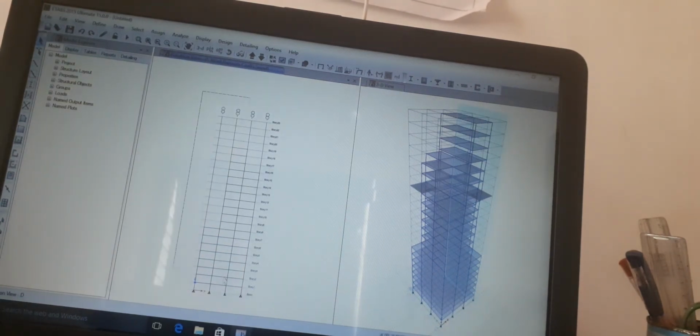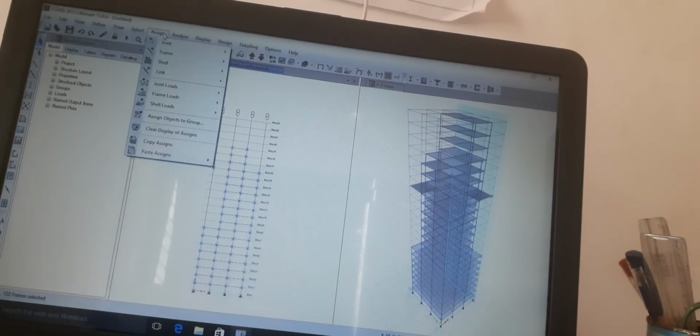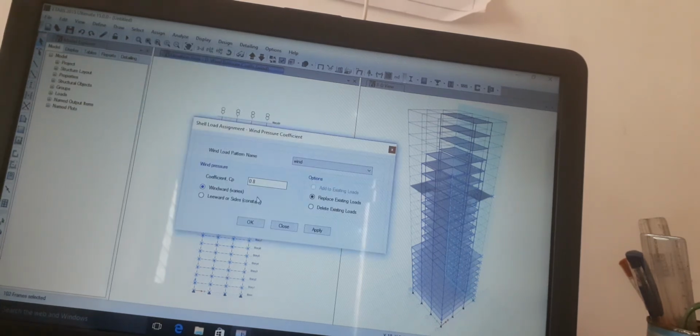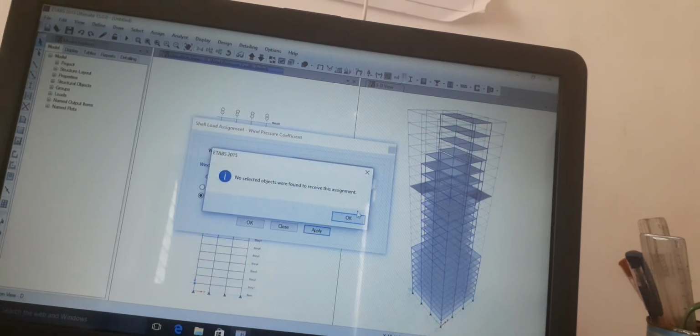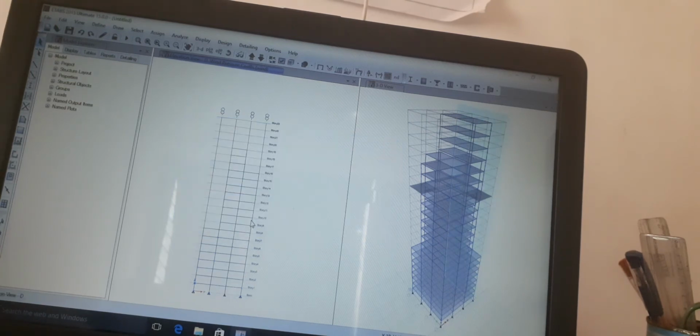Select all the shells and assign menu, shell loads. Here the coefficient is 0.25 and click on this and apply. OK.